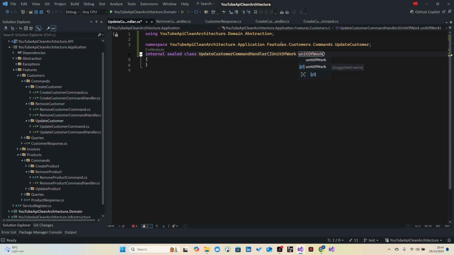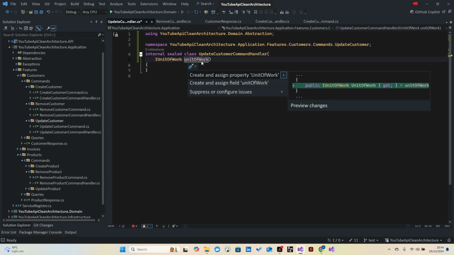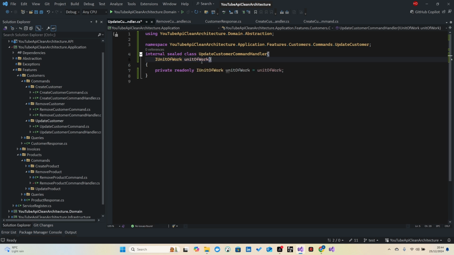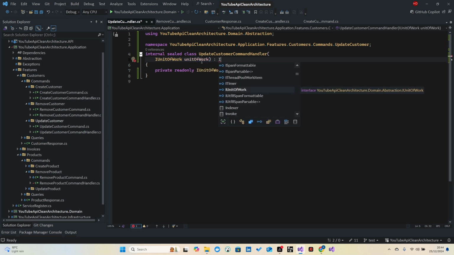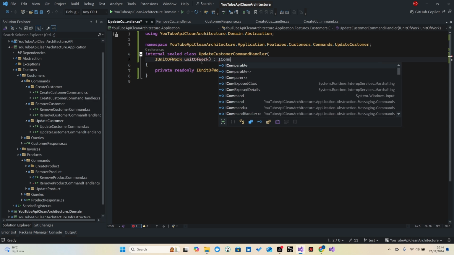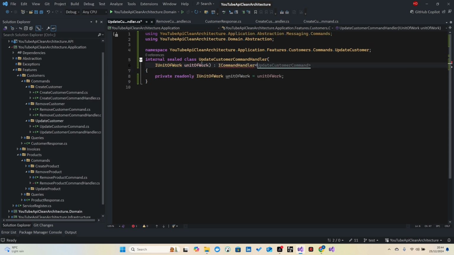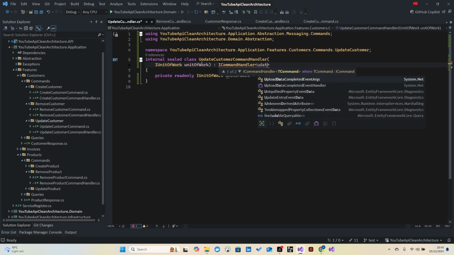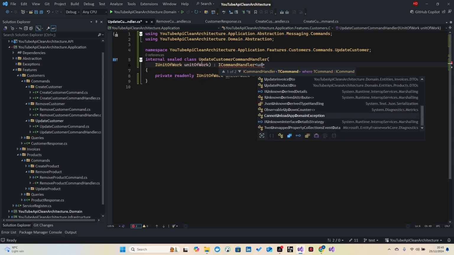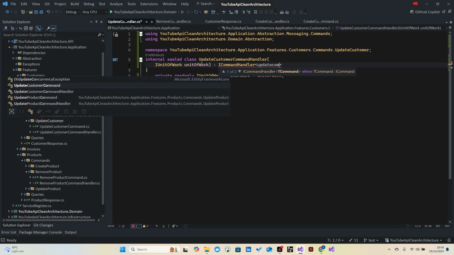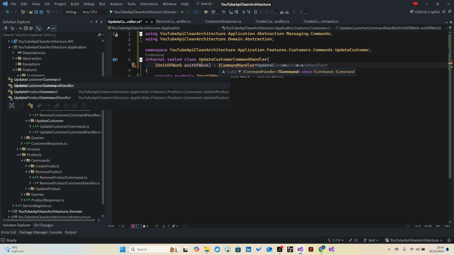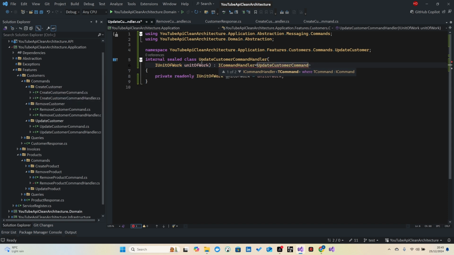We don't need to add mapper because we're not going to return any response. Add our interface I command handler, update customer command. Okay,